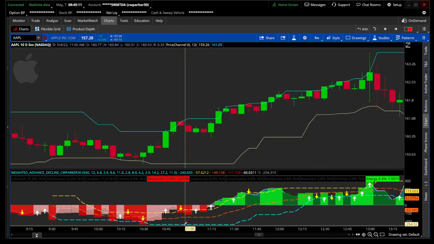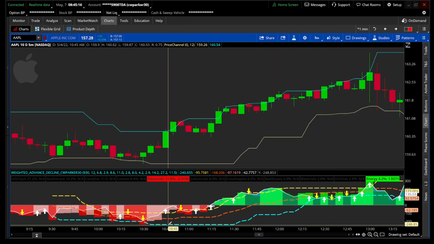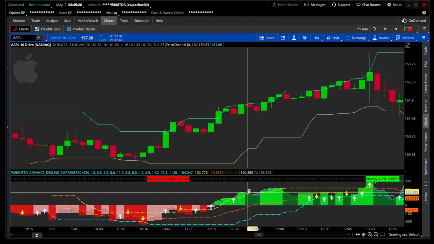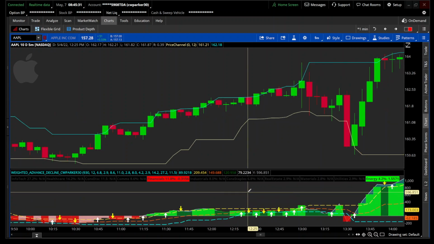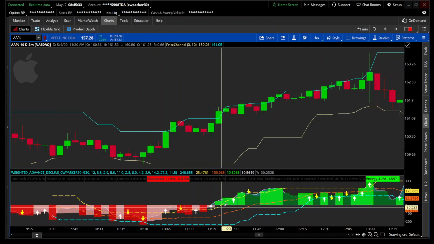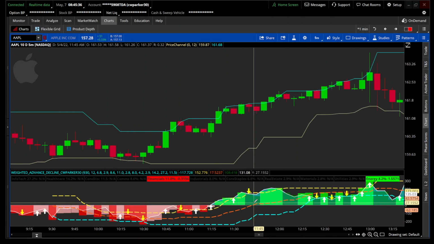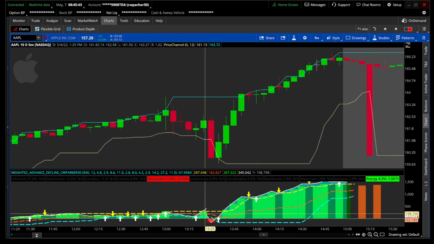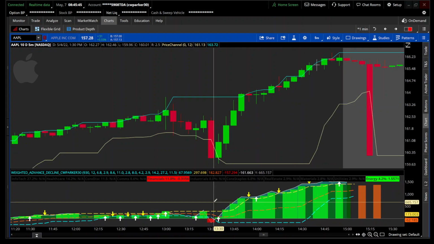When it comes to the channels for the diff, you can turn this on or off if it's not helpful for you. But this will be the lowest part of the diff. This will be the mid, and this will be the highest part of the current diff at that time. And you can see right here, it moves along with the actual difference in the weighted version. And you can see how it's advancing. Dark green is declining, just like you would see with the MACD. And then it's advancing again. And you just follow along, and it gives you an indication of what's going on within the SPX